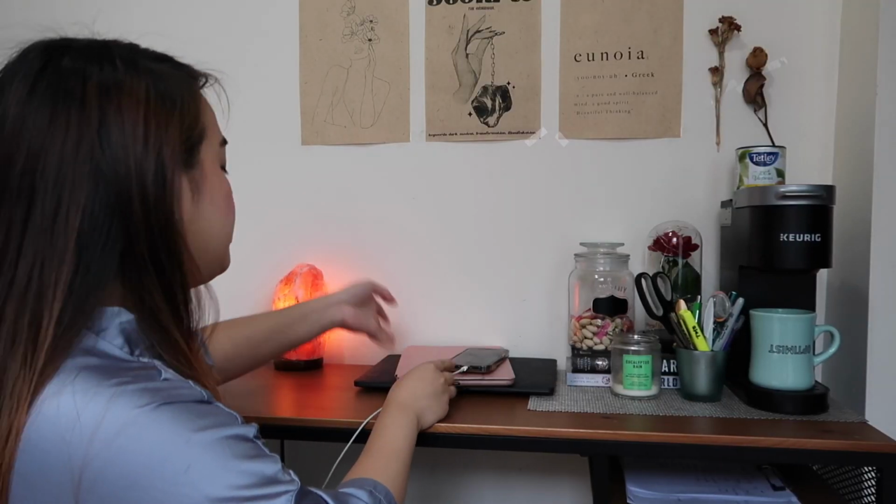Dito naman sa baba is just my to-do list or reminder list or whatever if I need to brainstorm something, para easy to reach lang yung pagsusulat. Where I put, of course, my laptop, my electronics, and my super